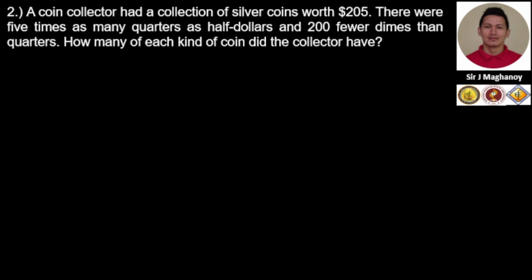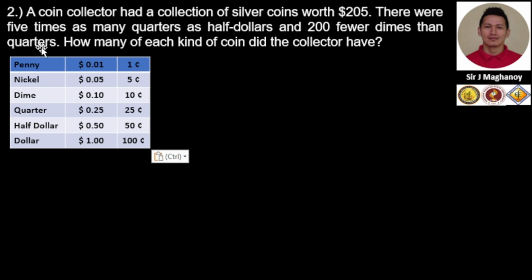Example number 2. A coin collector had a collection of silver coins worth $205. There were 5 times as many quarters as half dollars and 200 fewer dimes than quarters. How many of each kind of coin did the collector have? Okay, so if you recall the table in our